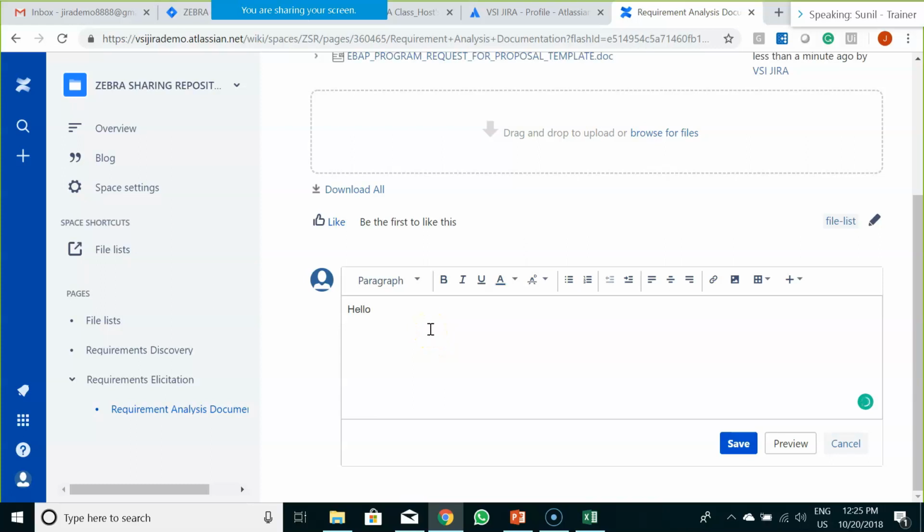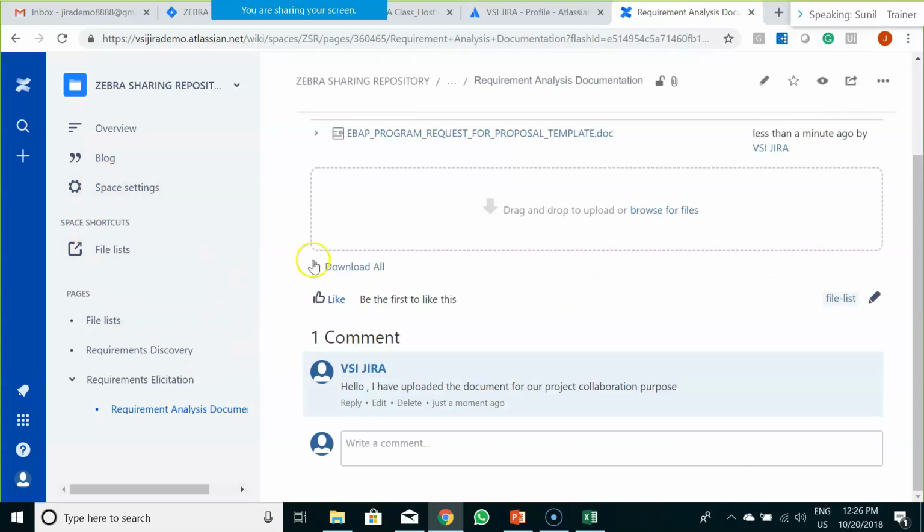Since we do not have any users at this point in time in Jira, it is not showing up the name, else it would have shown the name over here. So you can write, hello, I have uploaded this document for your reference for our project collaboration purpose. So it is pretty much like SharePoint, but the UI options are a bit different over here. It essentially does the same thing, but in a different way.